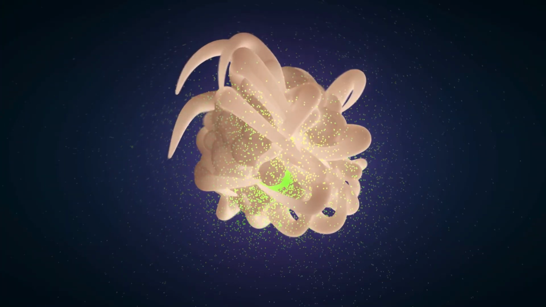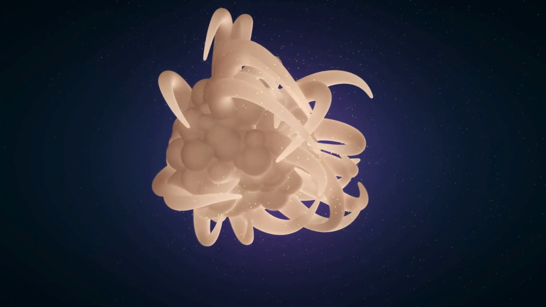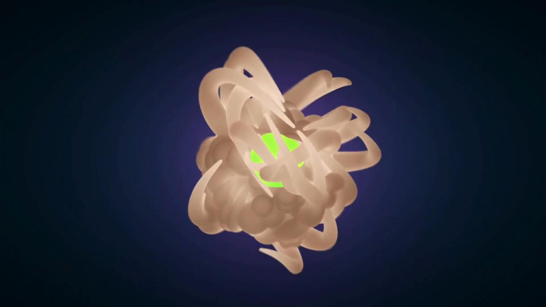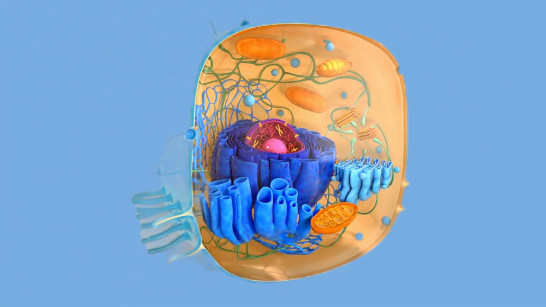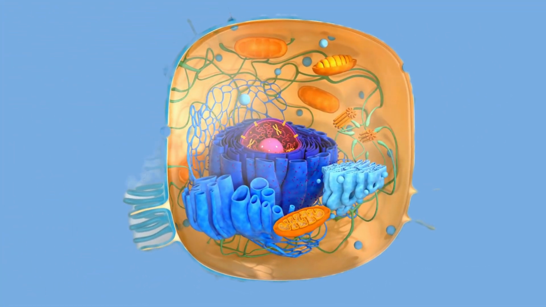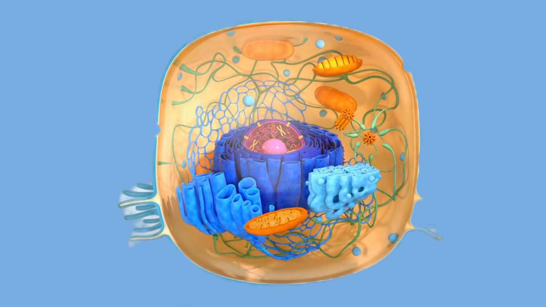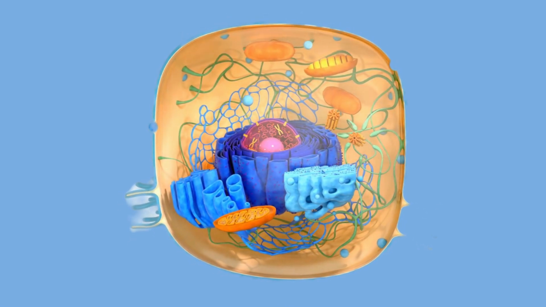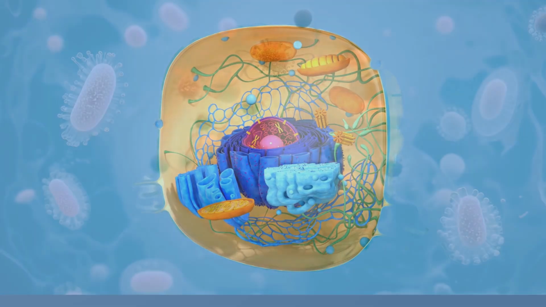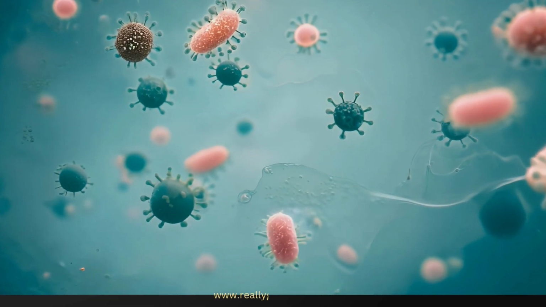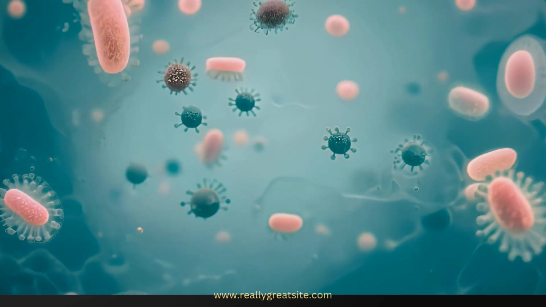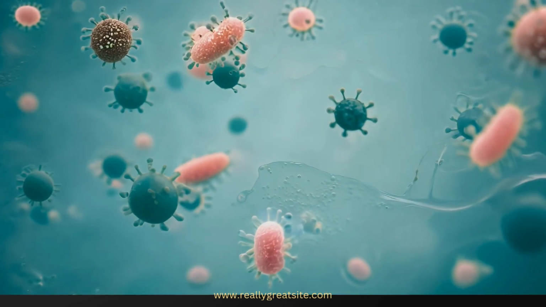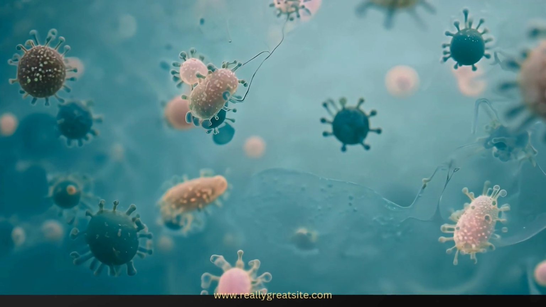According to this theory, larger prokaryotic cells began to engulf smaller ones. Instead of digesting them, the larger cells formed a symbiotic relationship with the smaller cells, meaning both benefited from the partnership. Over time, these undigested cells became organelles, specialized structures within the larger cell. This partnership drove the evolution of more complex life forms, as these newly formed eukaryotic cells could perform advanced functions that their simpler ancestors could not.